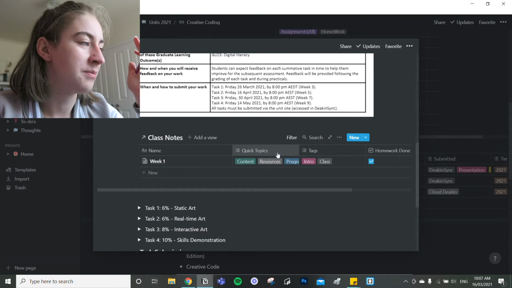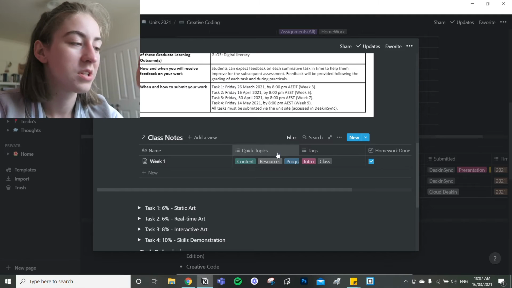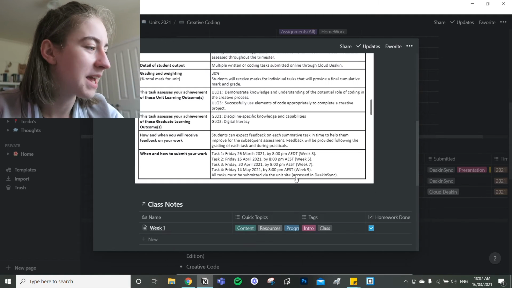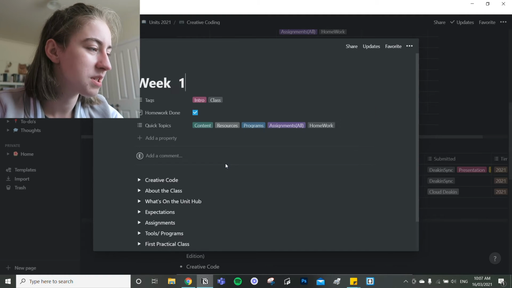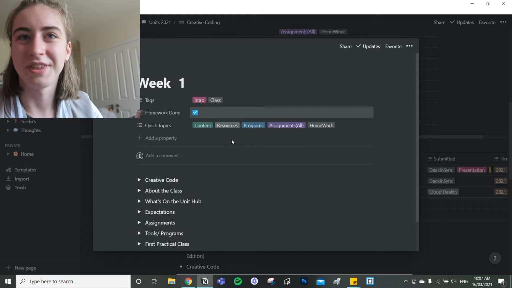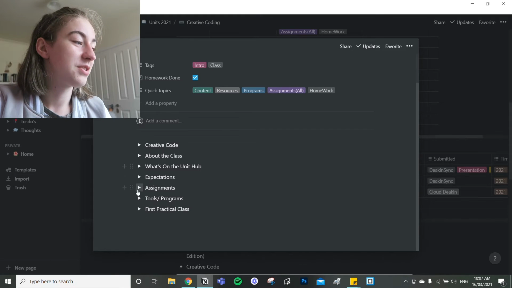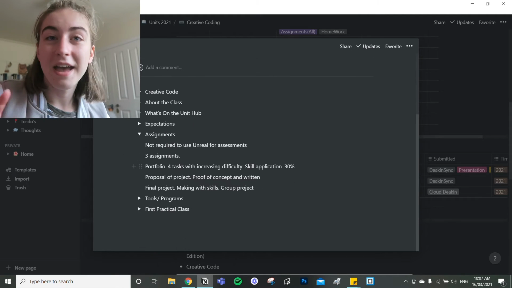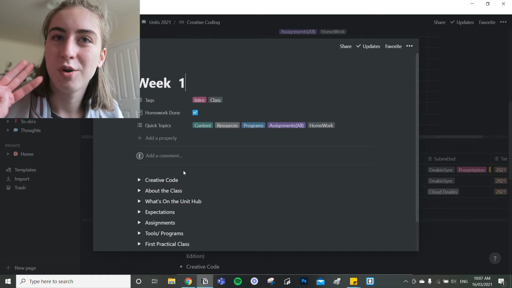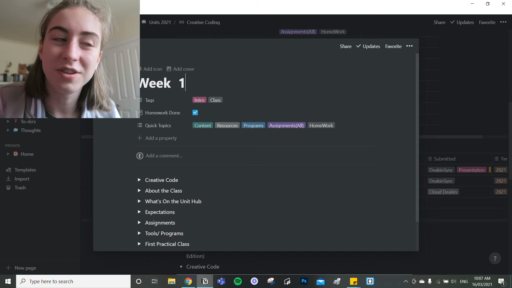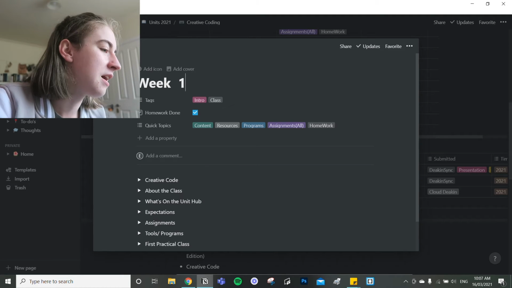So assignment 1, we got some notes on week 1, and so I can open this and it'll take me to week 1 where I can find assignments and read the things on that. So that is for all of my units. I have set that for all of my 3 units that I have this trimester.